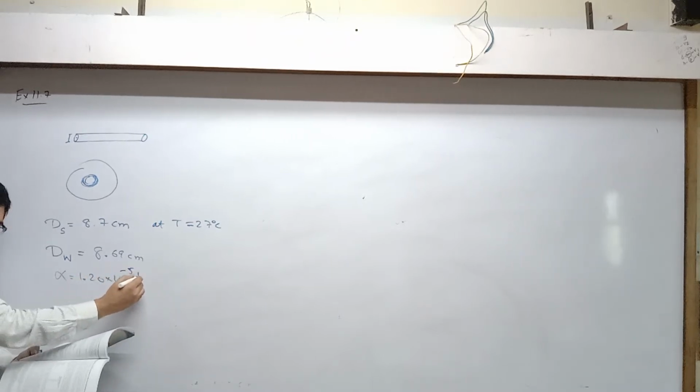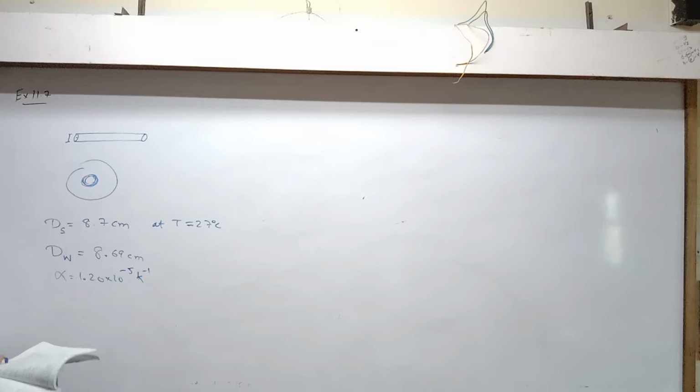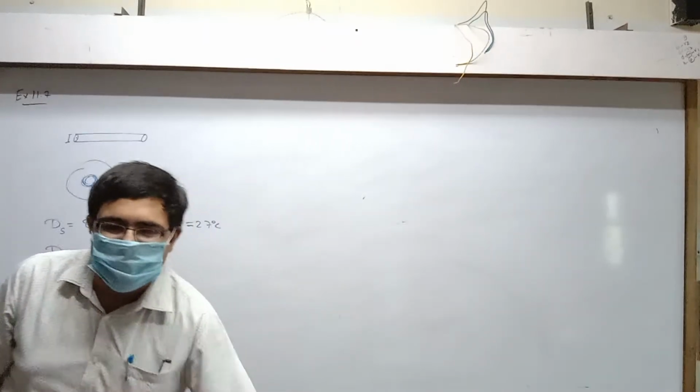minus 5 per Kelvin. And we saw a similar question today. Do you realize it's a similar question? But instead of increasing temperature, this is about decreasing. So let's begin. This is the reference value, correct? Our reference unit. So instead of this, I can also say D0, and this is D. Okay, and now finally, we have to decrease this and make it this.